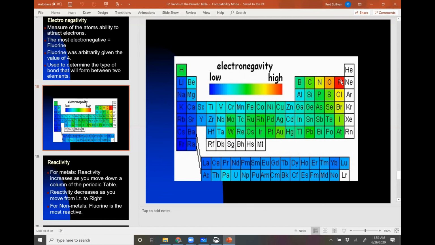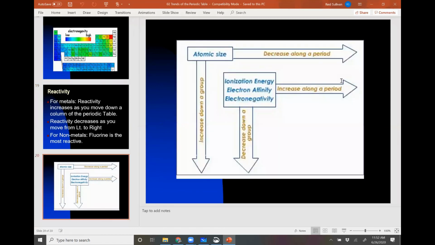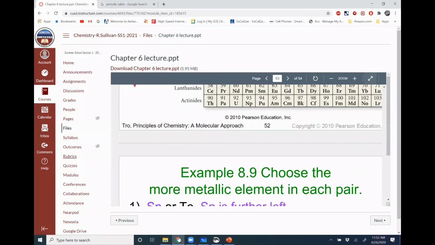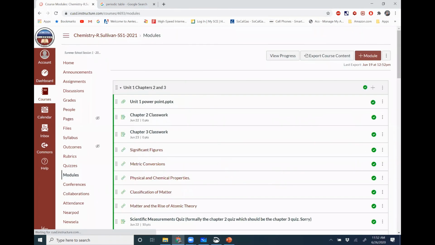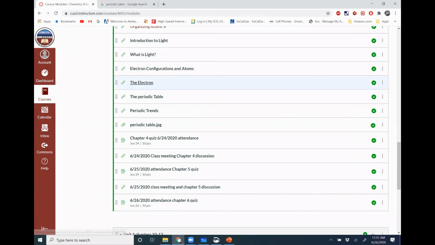So these are some general trends you can see on the periodic table. Again, the videos that I have provided for you kind of sum up everything we talked about today in much shorter parts, 15 minutes, 10 minutes, 5 minutes. Professor Dave does a good job of explaining everything. If you go to the module down here, he explains the three most important ones that I put on the exam. So if you go down to just periodic trends right there,